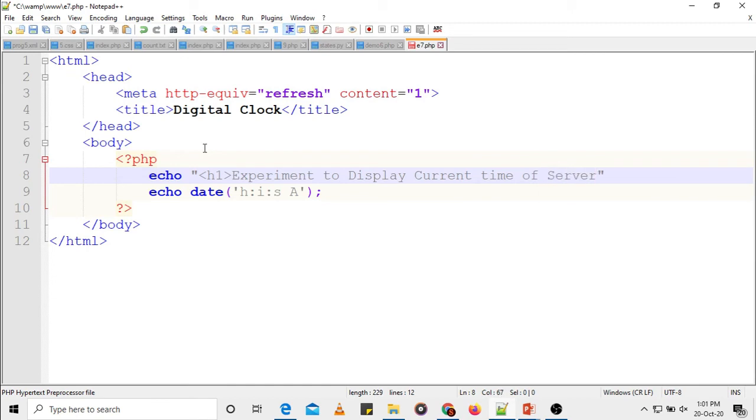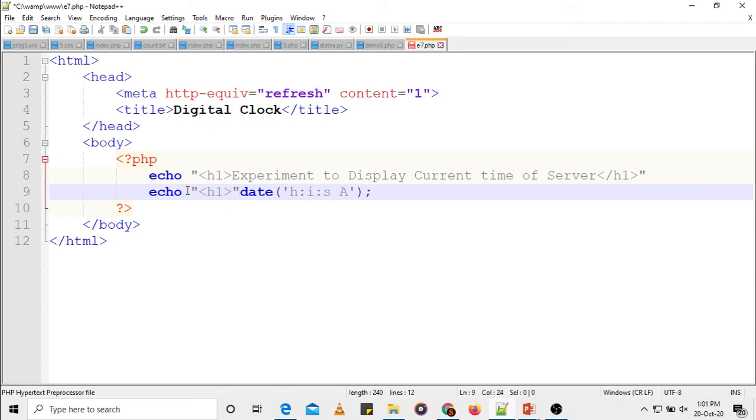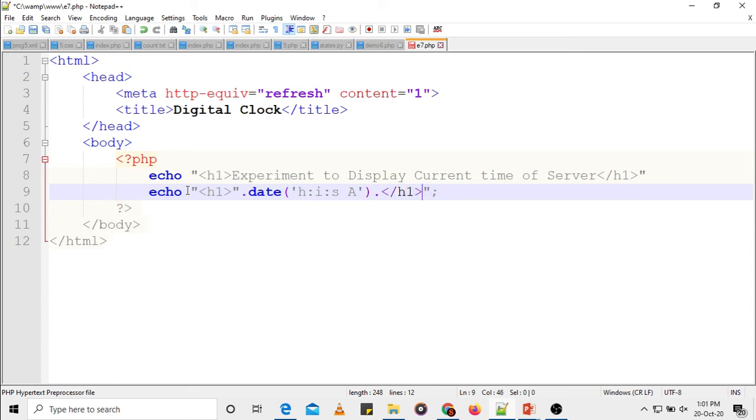Okay, let us just display that, and let us close the h1 tag of the HTML. We save it, and this date also, instead of displaying it in a very small format, let us also try to display it in h1 format. So h1, observe, I am appending the PHP code, the script. Again, we need to close the h1 here. So close it with /h1.